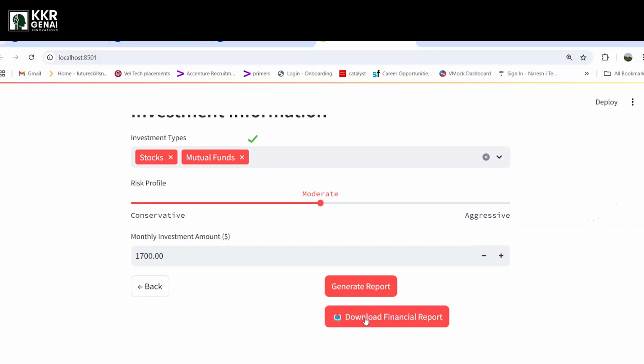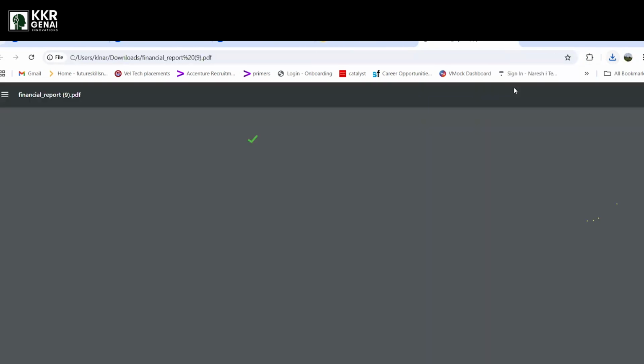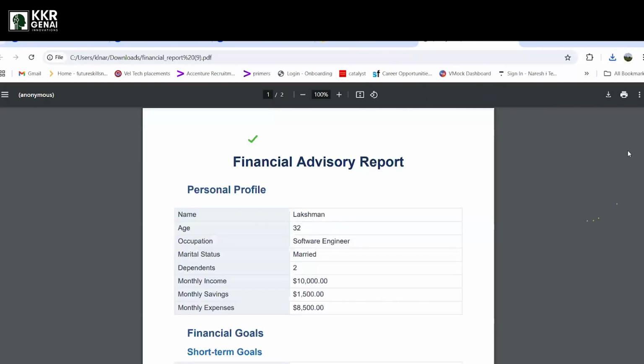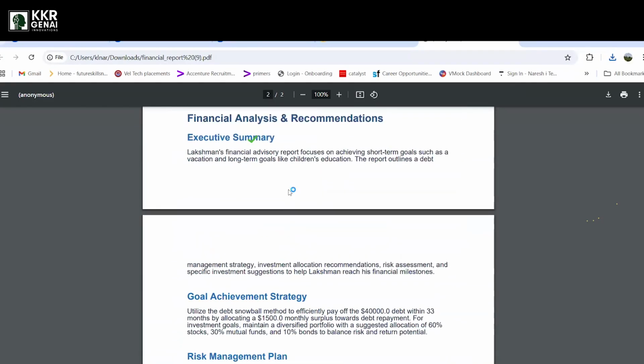From here, we can directly download it. It has all the input details that we gave. And here, the executive summary says the financial advisor report focuses on achieving short-term goals such as vacation and long-term goals like children's education. The report outlines a debt management strategy, investment allocation recommendations, and all this stuff.